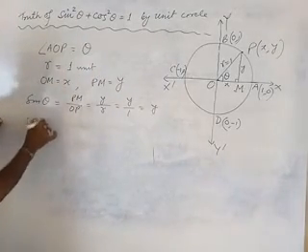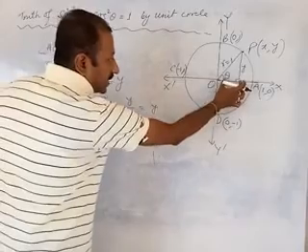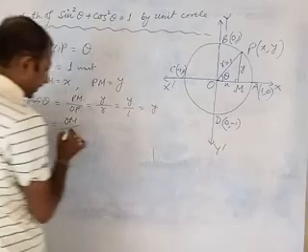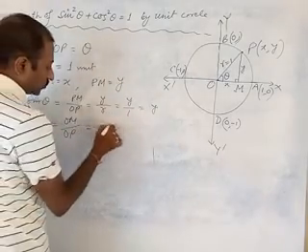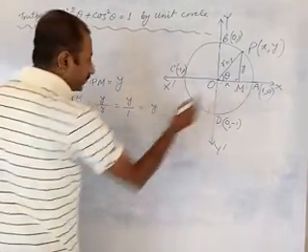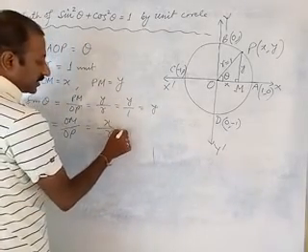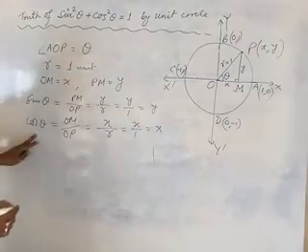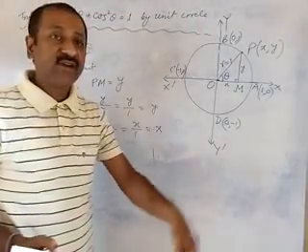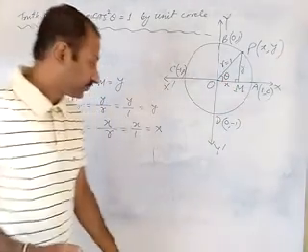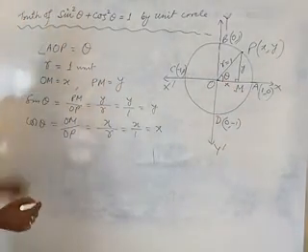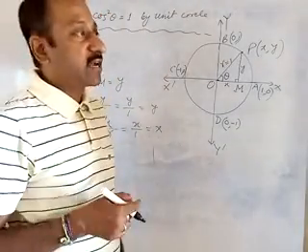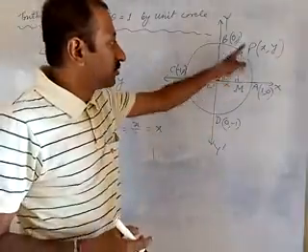Then cos theta equal to what? Base by hypotenuse, you know, OM by OP equal to what? OM is marked by x, and OP is nothing but radius R. x by 1 equal to x. So what is cos theta? Cos theta is the adjacent side of the considered angle. So what we get? Sin theta is the opposite side of the angle and cos theta is the adjacent side of the angle, apart from the hypotenuse of the right triangle.